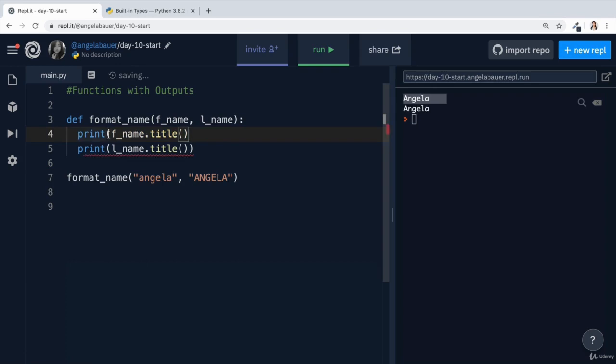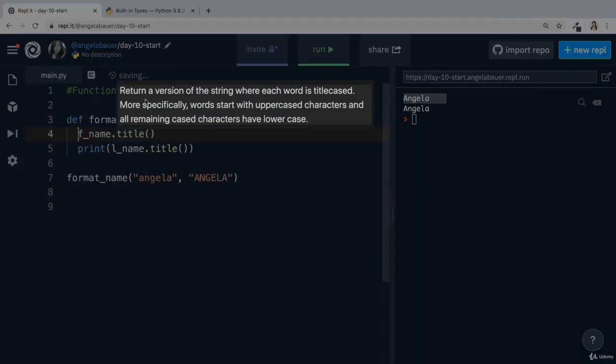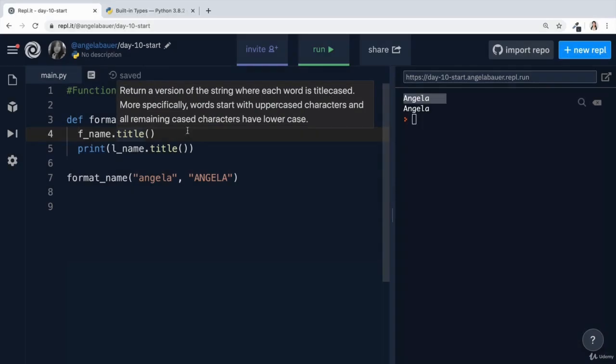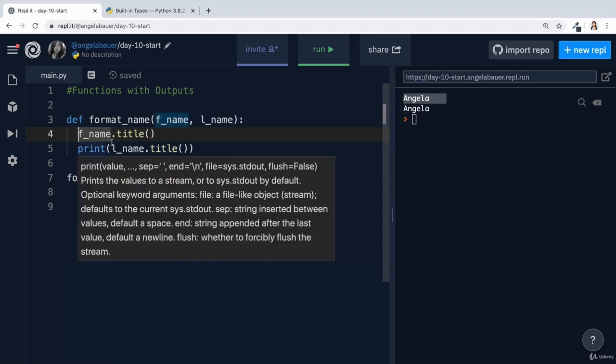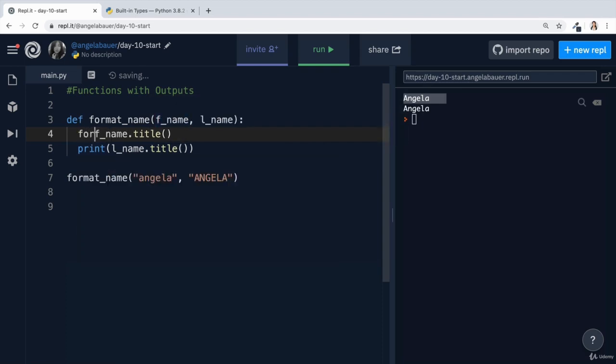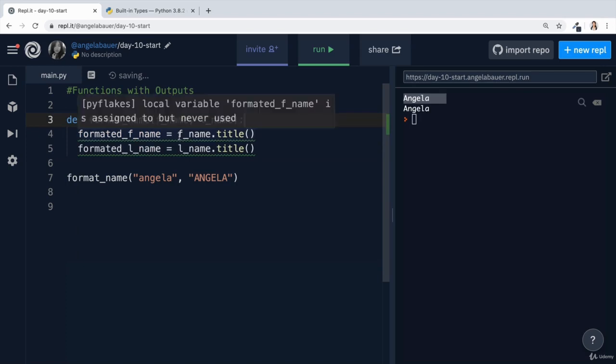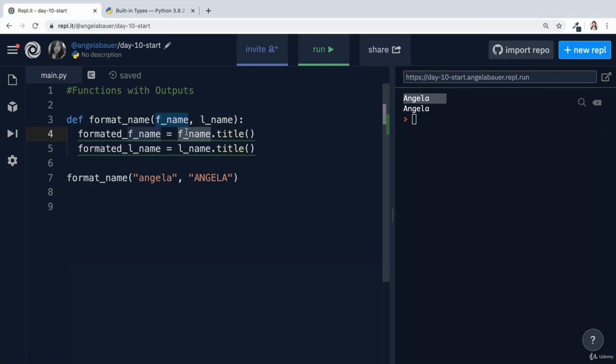You might have spotted already that this title function actually has an output. It returns a version of the string where each word is title cased. Instead of simply just printing this, we can also capture it inside a variable. Let's create a new variable called formatted_fname and also formatted_lname. Now, what's happening here is we are transforming this input fname, turning it into title case,